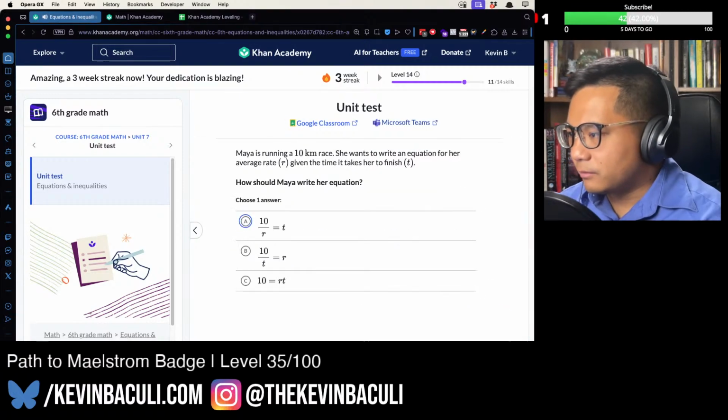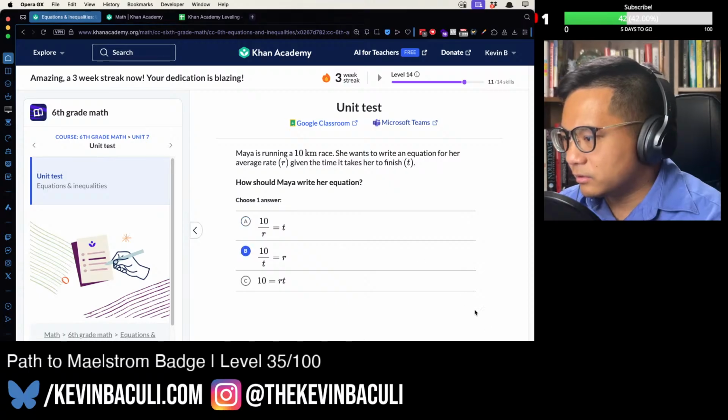Mina is running a 10-kilometer race. She wants to write an equation for her average rate. R equals